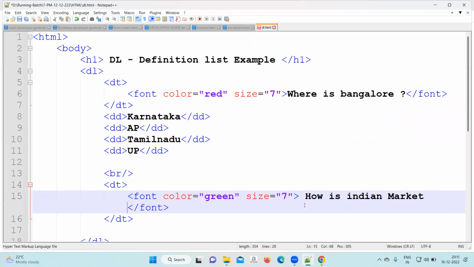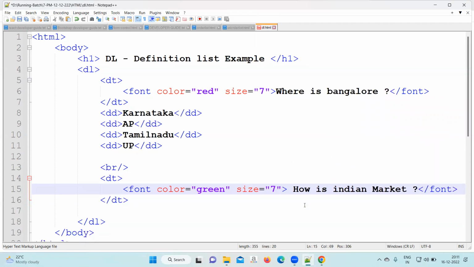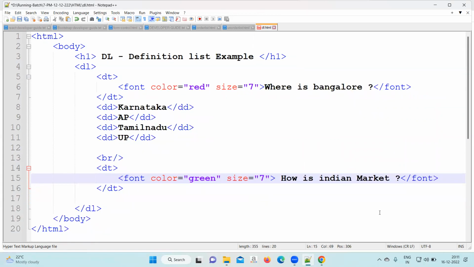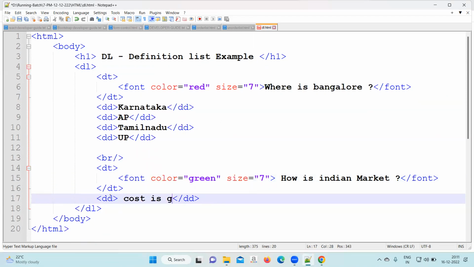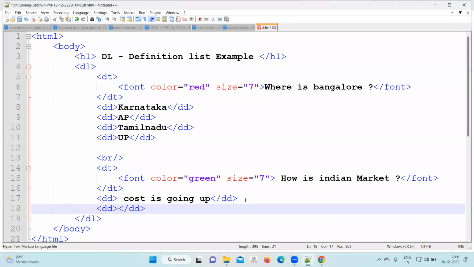Market question. How is Indian market? Okay, now after that one reply came quickly. DD: cost is going up. Another DD: